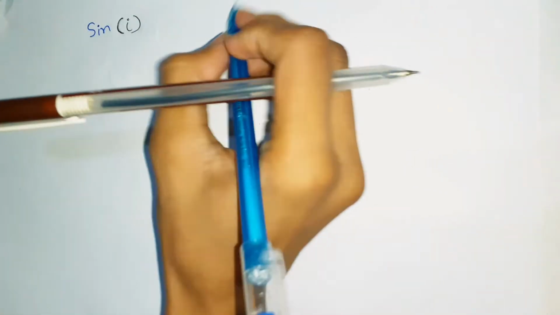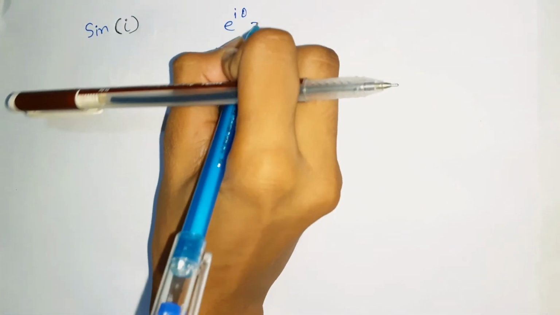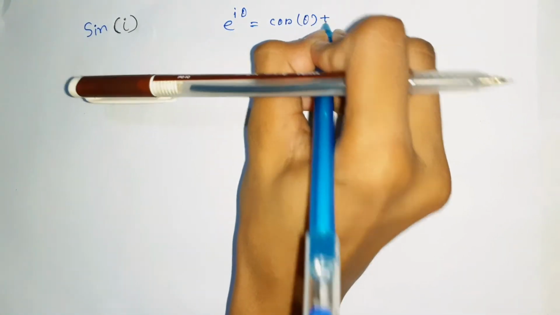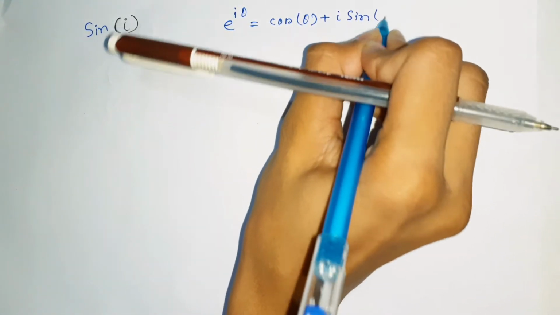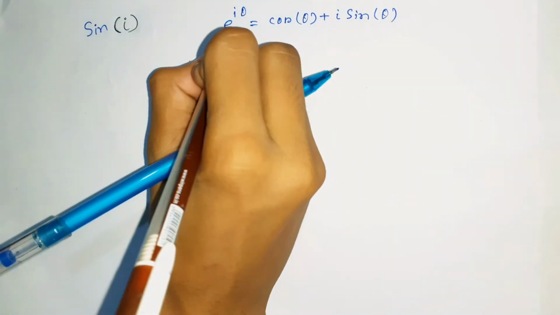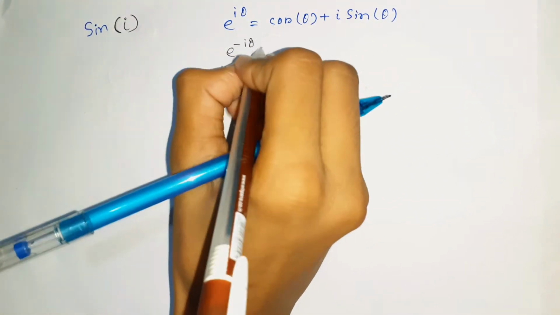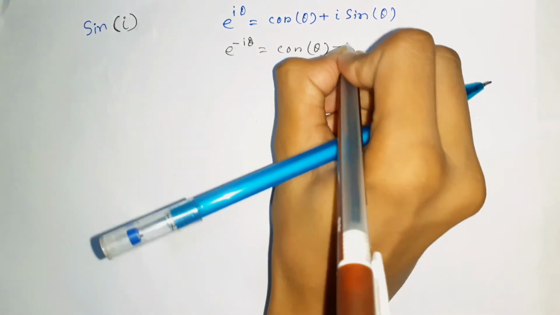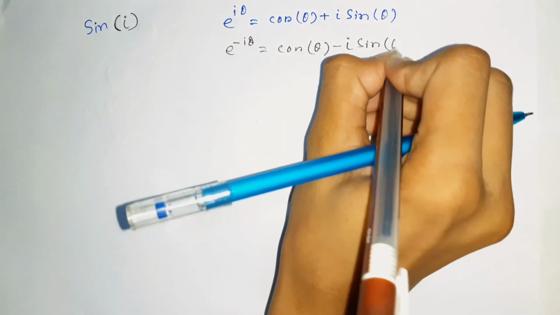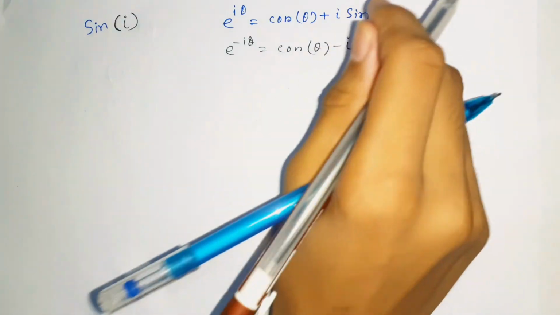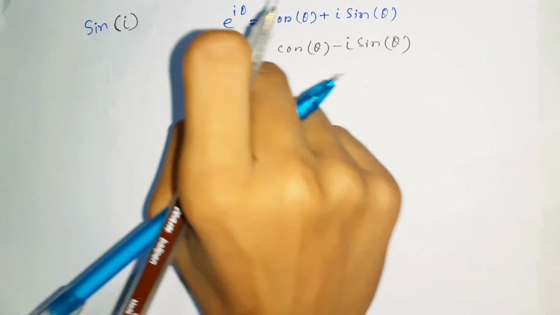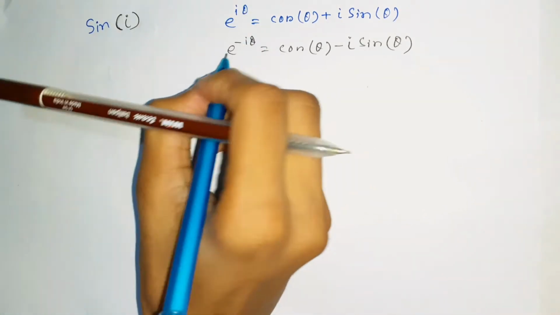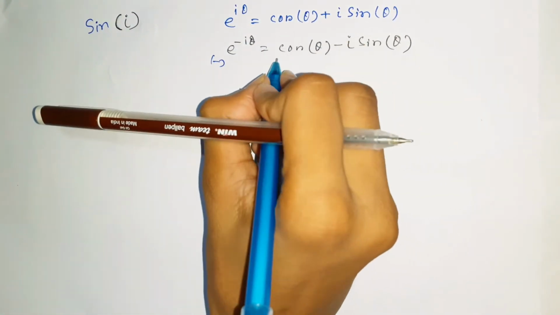From Euler's identity we know e to the i theta is the same as cosine of theta plus i times sine of theta, and e to the negative i theta is the same as cosine of theta minus i times sine of theta. Now we want to find the sine of theta, so we will subtract this equation from this equation. So let's do it real quick,